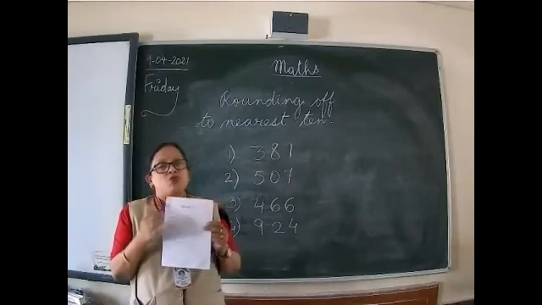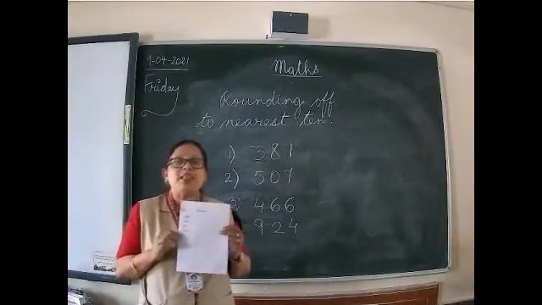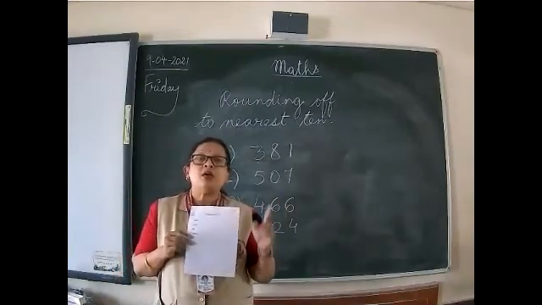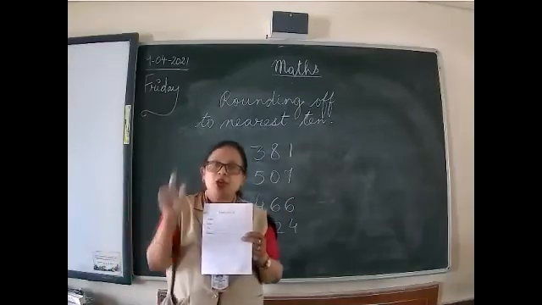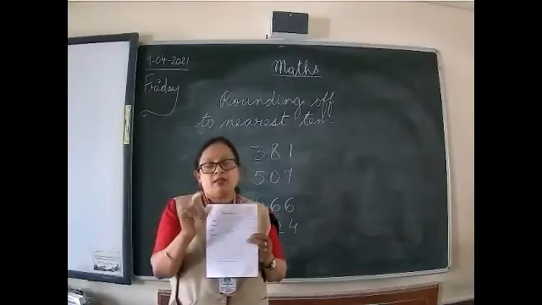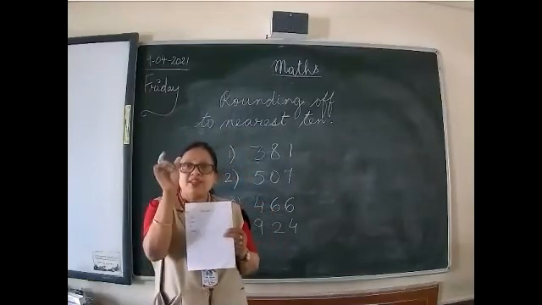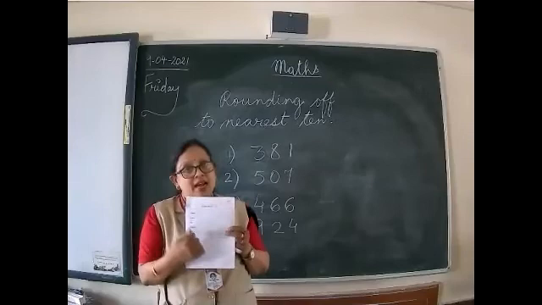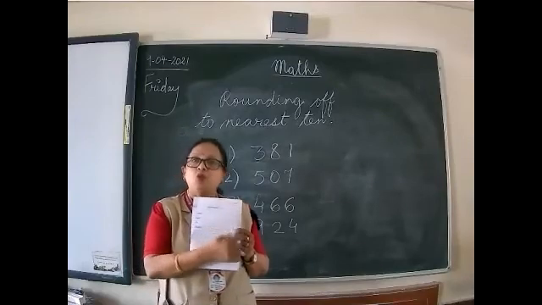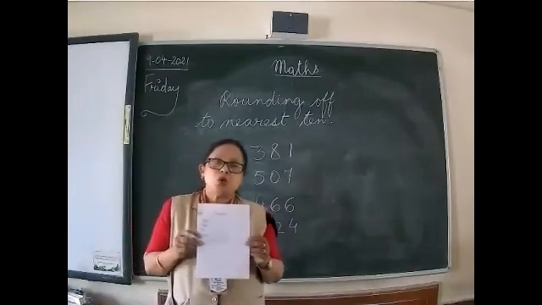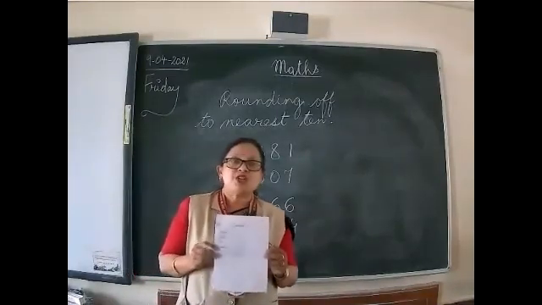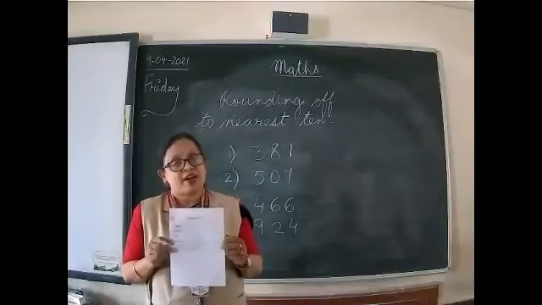The date which you have to write on the worksheet should be the date on which we are giving you the worksheets. Is it clear? It is written on the worksheet. The date is written on the worksheets. Like maths, the 9th date is given. Okay, so you will write 9/4/2021. Is it clear, children? So please don't make mistakes and do the work very carefully. The worksheets will be assessed as subject enrichment.